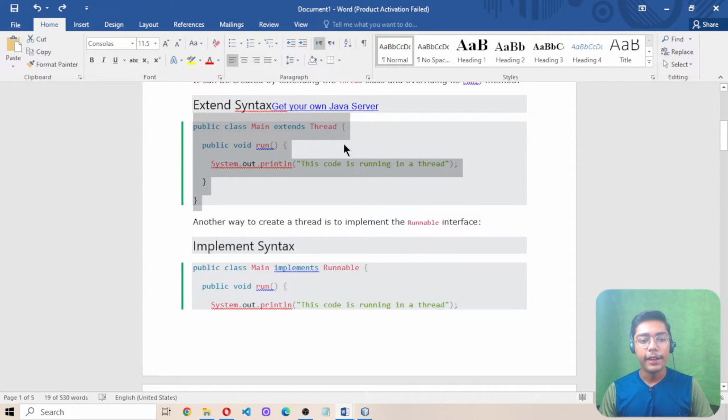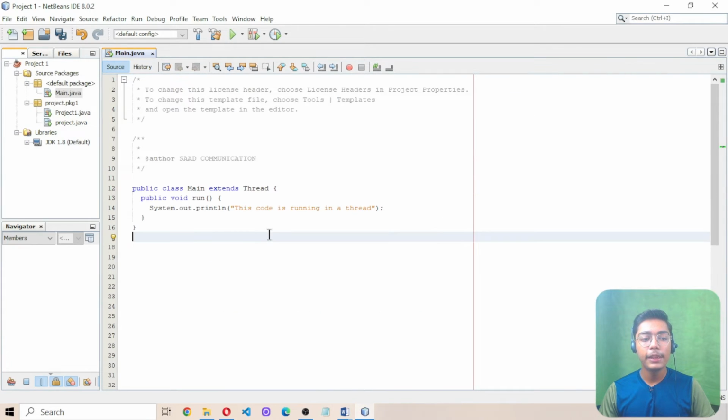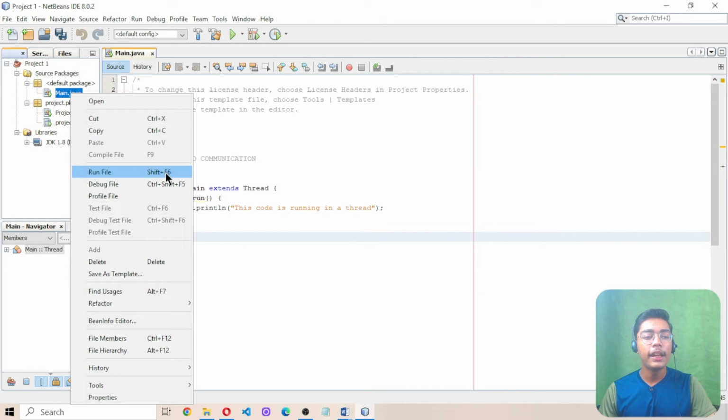adding extends Thread. So I will be copying this here, and after copying I'll be moving on to my NetBeans IDE and pasting this. I'm using the main class here, and I'm running this main class as well using this run method. So now we will not be getting any error in our output or in our terminal where we are running our Java file. I will just right-click on my main.java file, and I can press Run File here, or you can also press Shift and F6,